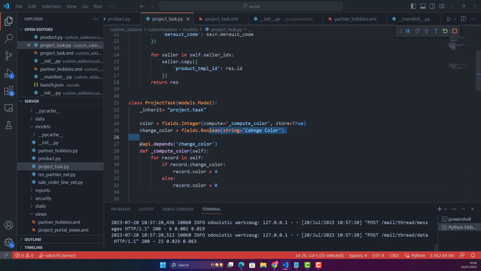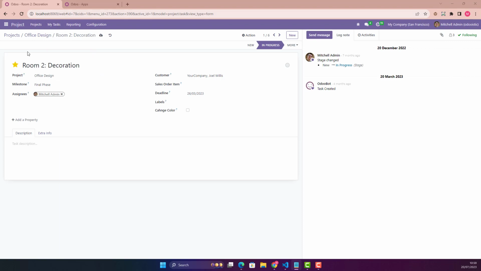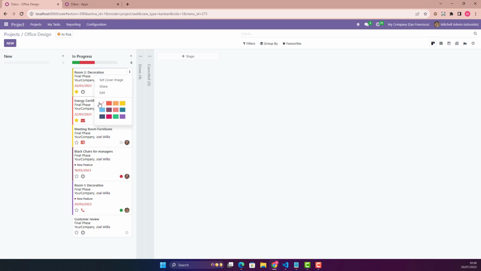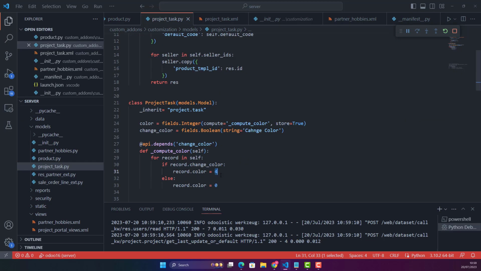Okay, I've just written this function. I'm just saying that if the change color boolean field is true, then change the color to 4, otherwise 0. Why I said 4? If you go in the task and click on the 3 dots, you will see it starts with 0, 1, 2, 3, 4. So I just want that if I click that boolean field, the color of this will be computed to this color, blue, light bluish color, or we say red, which is 8, 9, 10, number 9. So what we say, call it 9